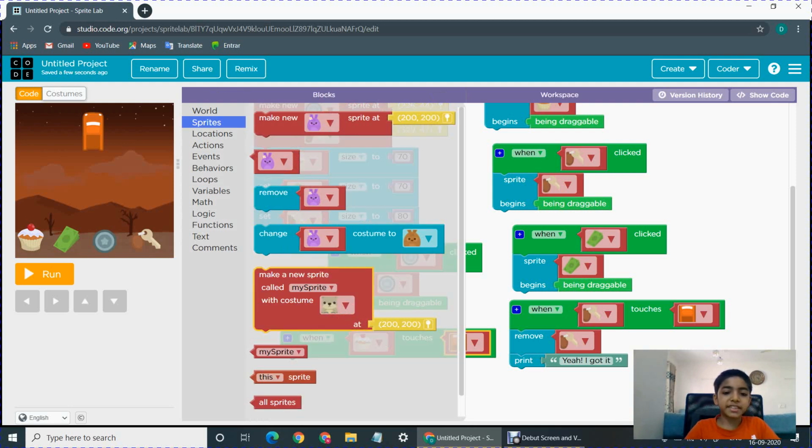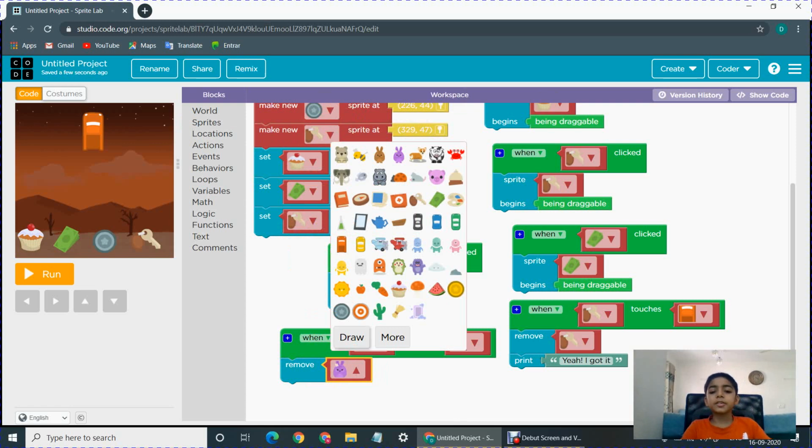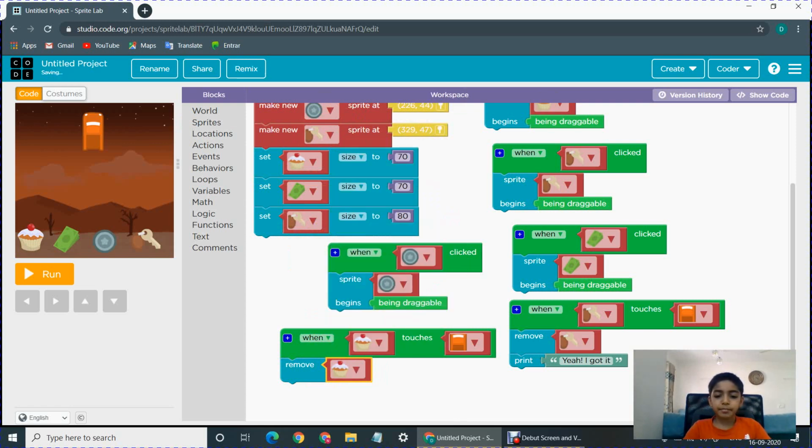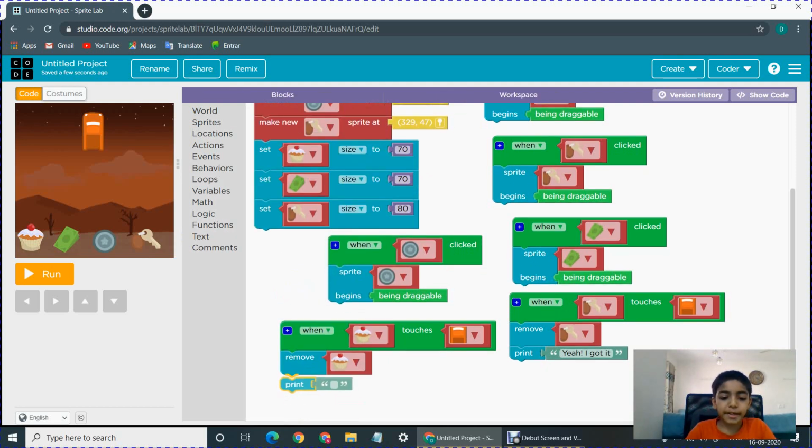Again we go to sprites, pick up this remove sprite block and then select the sprite as pastry. And then it should comment that it is wrong. So we go to print and then it should say it is not the correct answer. Anything you like, you can write.